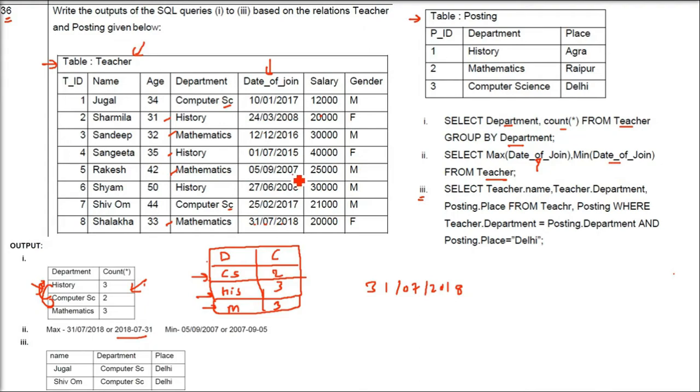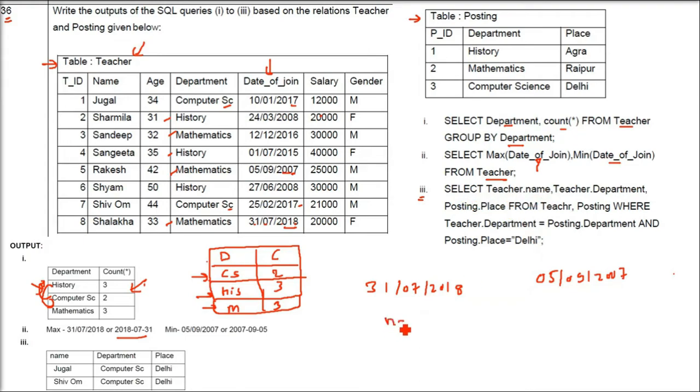Date of join. Again, find out the minimum in this particular column only. It's an aggregate function, so it will take the minimum one. The highest is 2018, the minimum is just 2007. So 5/9/2007 is the minimum of this. Fortunately in this question we have only one highest and one lowest year. But if it had been 2018 for 2-3 records, what will happen? You have to see then the month. If the months are also the same, you have to see the date, right? Then you will see which is the maximum and minimum. The minimum, as per this question, will be 5/9/2007.